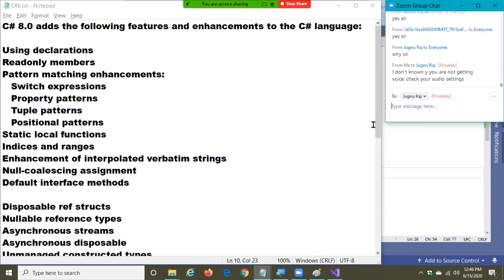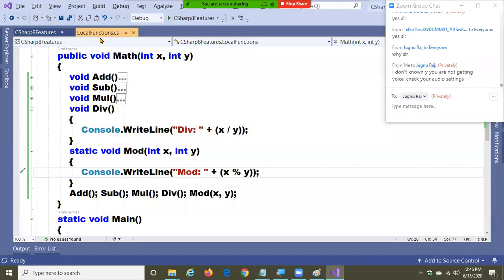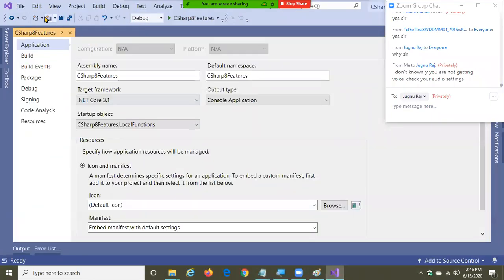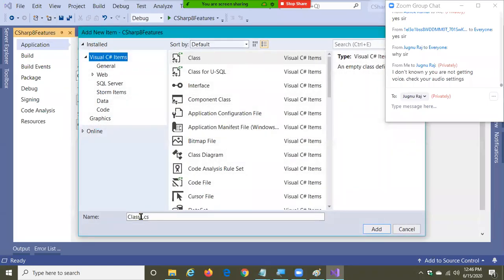Okay, see, basically this is for accessing array values. How do we access array values? By using index. Okay, just a minute.